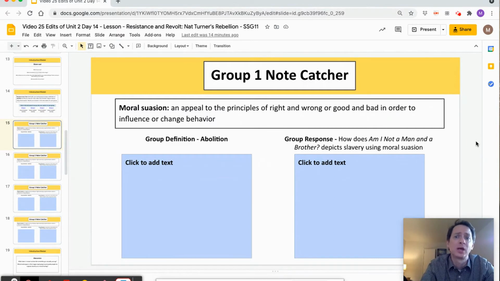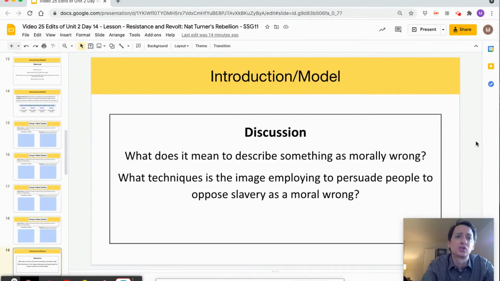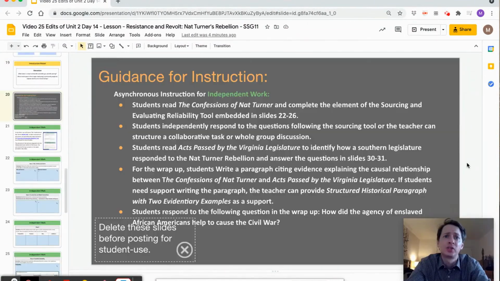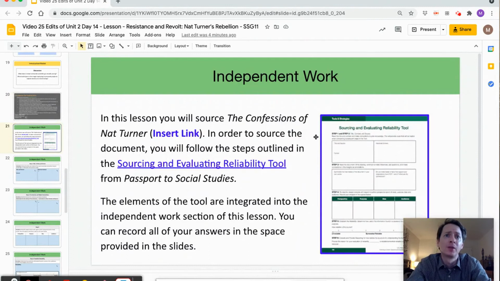If you think an example would be beneficial, you can find numerous ones from the works of Dr. King or from even some current places such as the environmental movement. When the students are finished, you can check their understanding by facilitating a discussion about either or both of these prompts. The lesson then segues to the independent work portion, where the students will explain the causal relationship between two